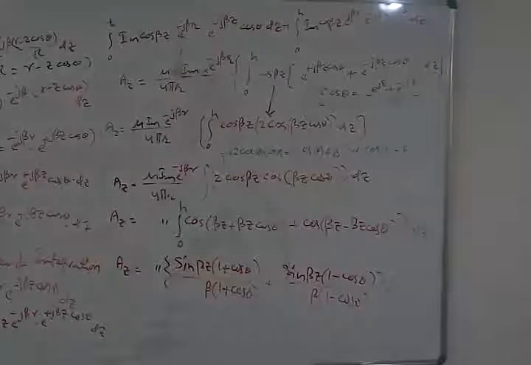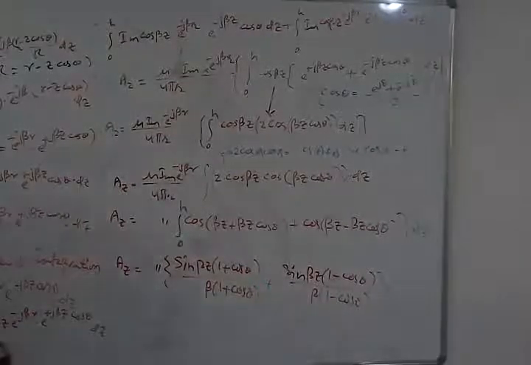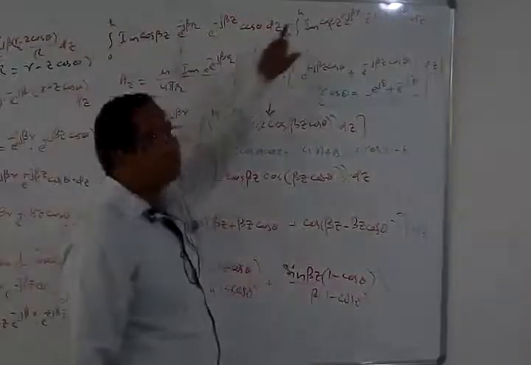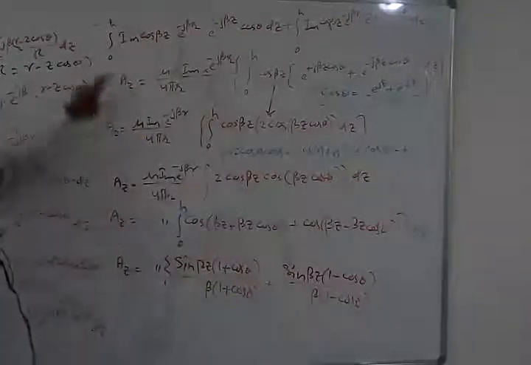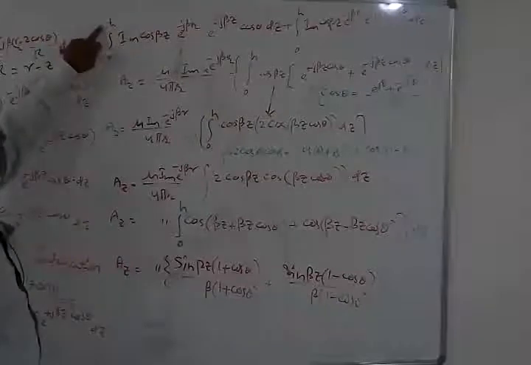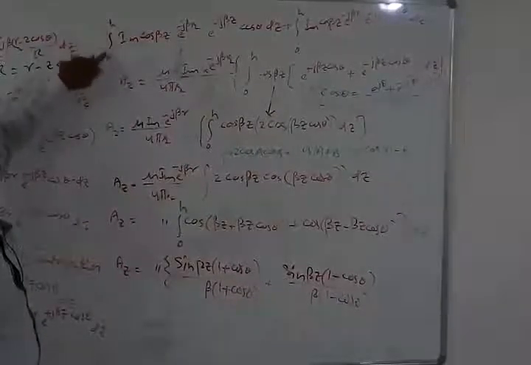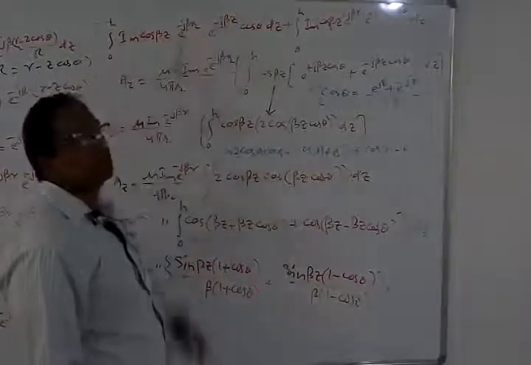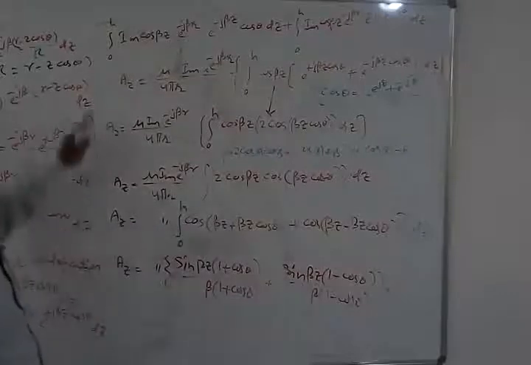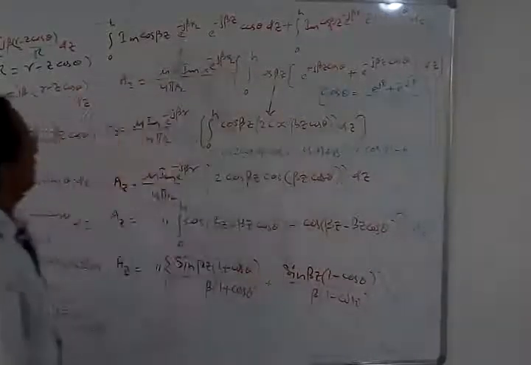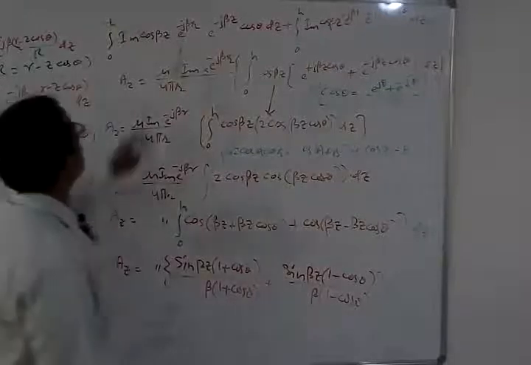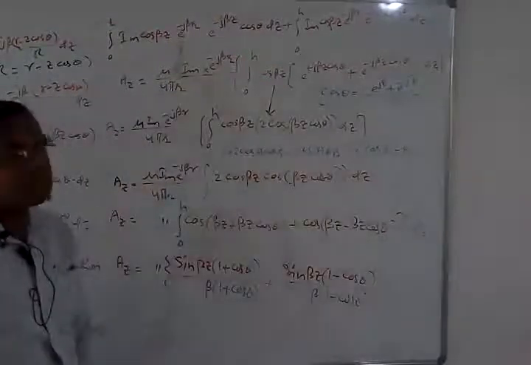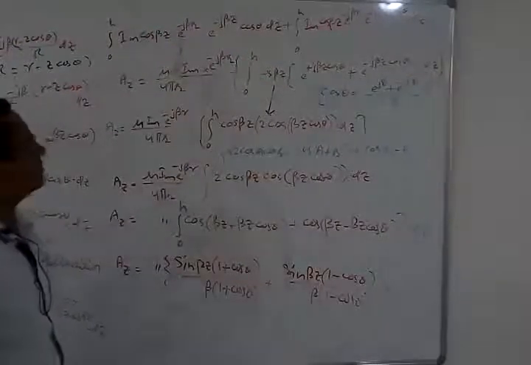Now we will rewrite the equation we have got after reversing the order of integration. See the limits now: both integrations have the same limit, 0 to h. Since the limit has been changed from minus s to 0 into 0 to h, we have interchanged the z direction here with a minus sign. That is the change we have brought here. The rest of the equation is the same. This equation is integrated with respect to z, dz, because the wave is propagating along the z direction.